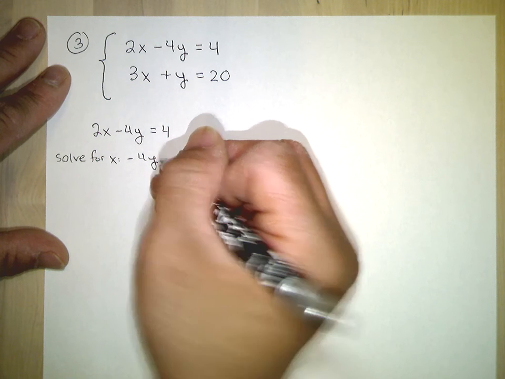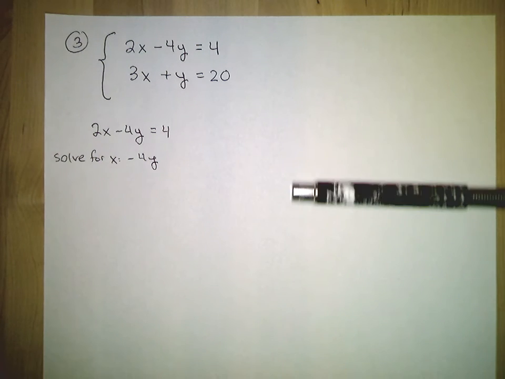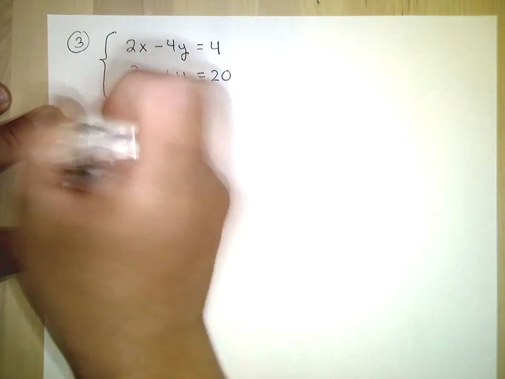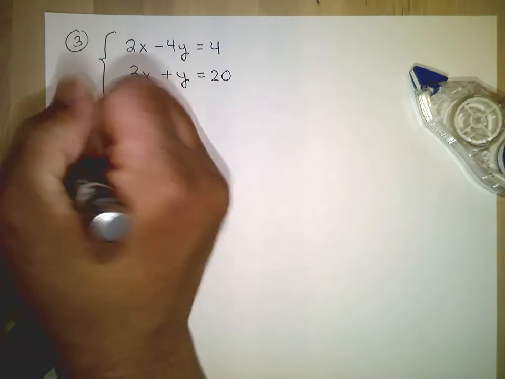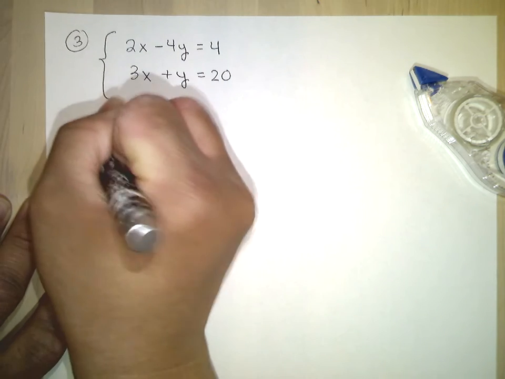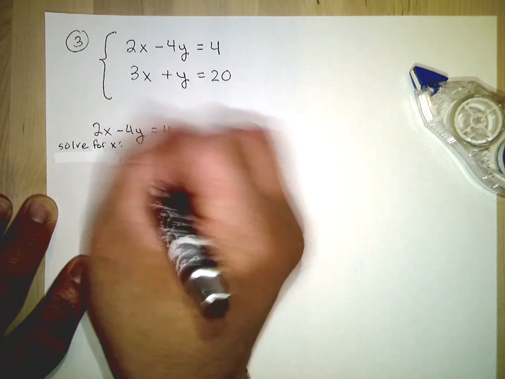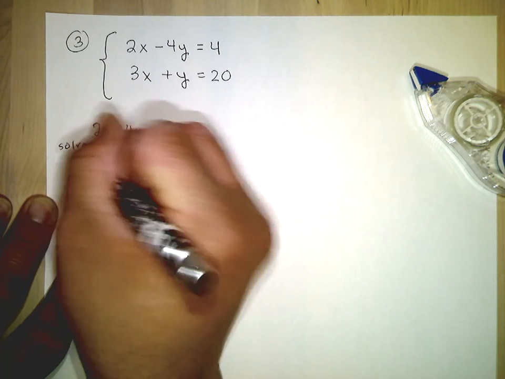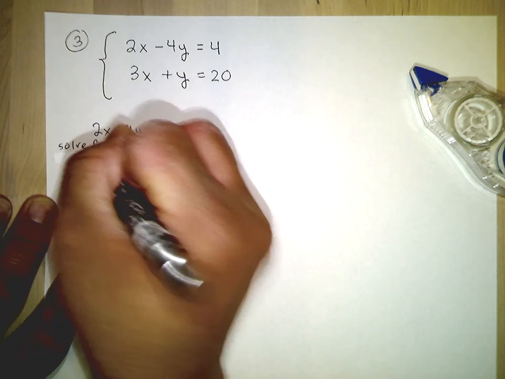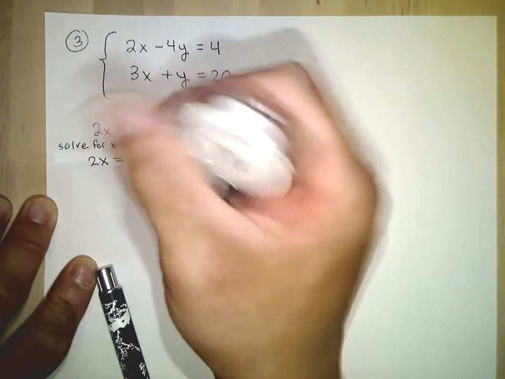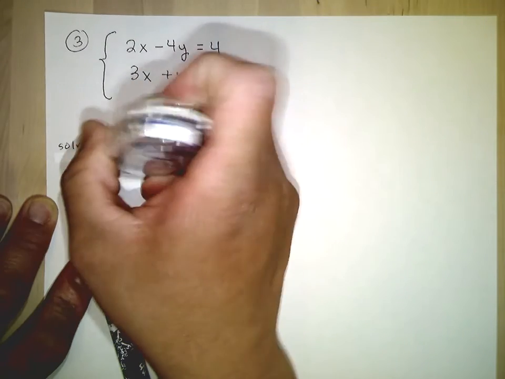I should write solve for x above here. So solve for x. If we add the 4y to each side, we have 2x is equal to 4y plus